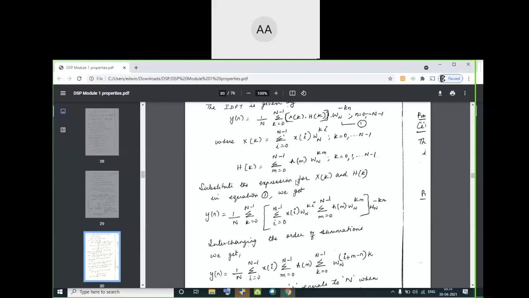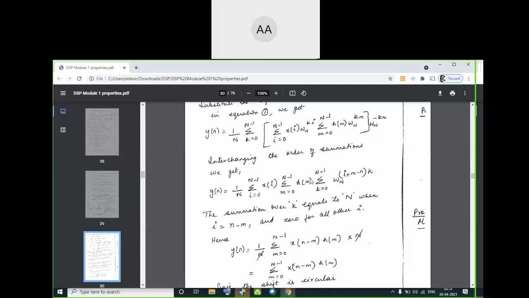So you will substitute these two expressions in equation 1. So x of l W_N to the power k into l, this one and this one. Here you can see, if you have n everywhere, you will get a confusion. So you write it like this. Now you are going to group all these terms separately. That is, all the twiddle factors with k, you'll group all the twiddle factors together, x of l, h of m. Here with the respective summations you remove out. 1 by N is anyway common. So here what you're going to do,